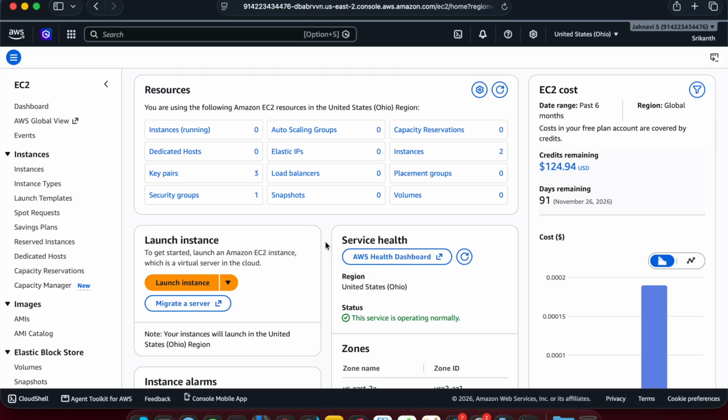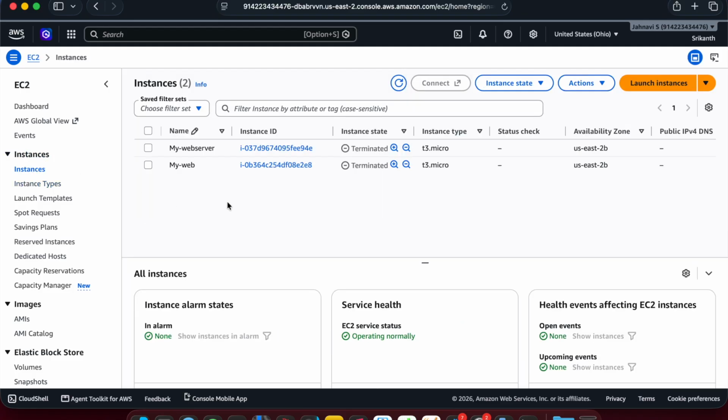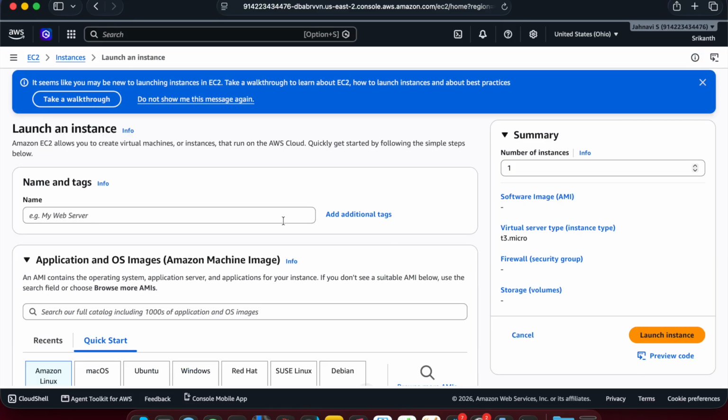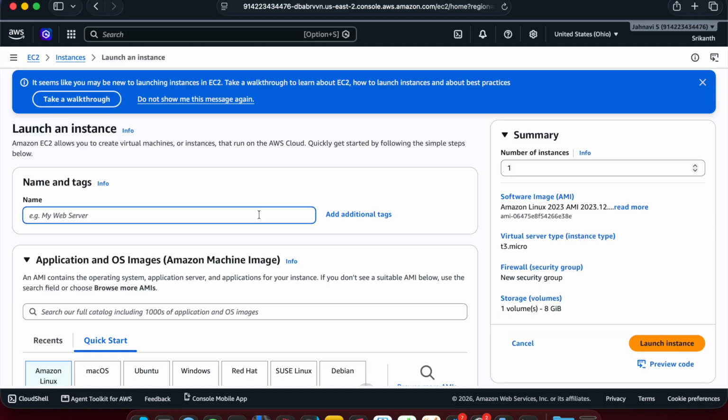Today we are going to learn how to create an instance under EC2. So first, we have to go to instances. Then we have to click launch instances. Here we have to give the name of the instance. So let us give my web for now,